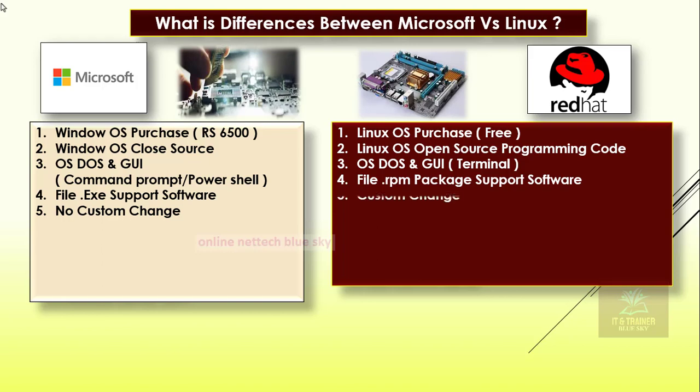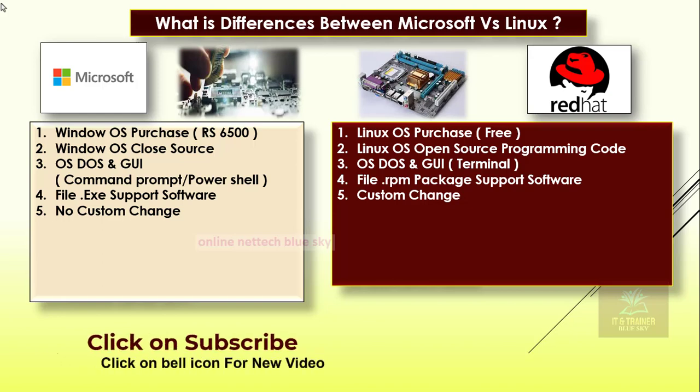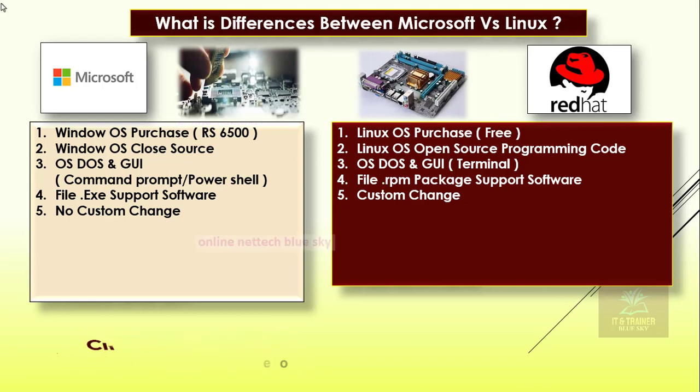But in Red Hat Linux, you can customize things. You can remove options you do not like in the right click menu, and you want to create a new type of refresh button, you can enter it here. You can enter a different type of system, change things inside, and enter a new type of file. You can enter your custom command and different systematic features in Red Hat Linux